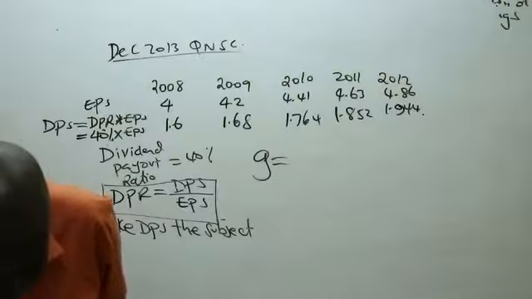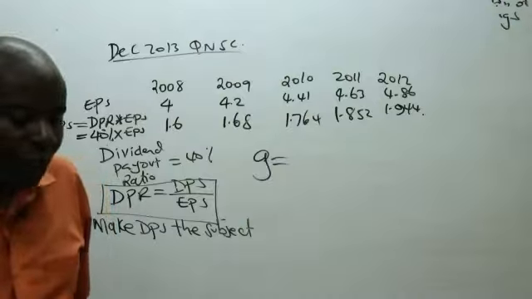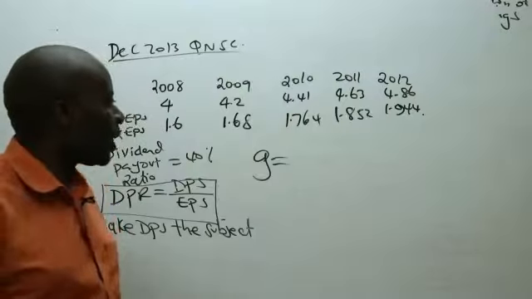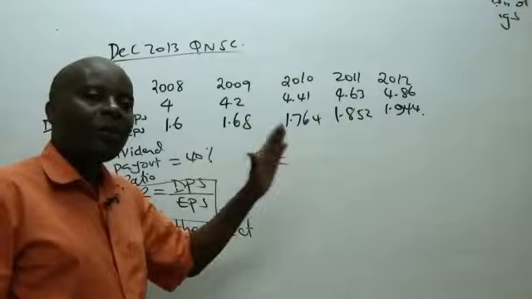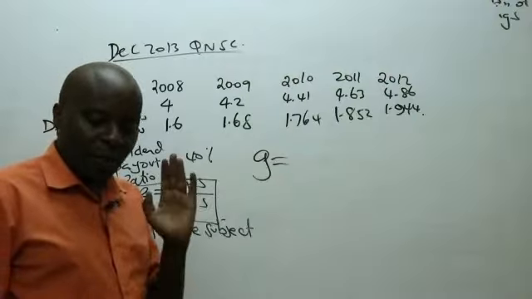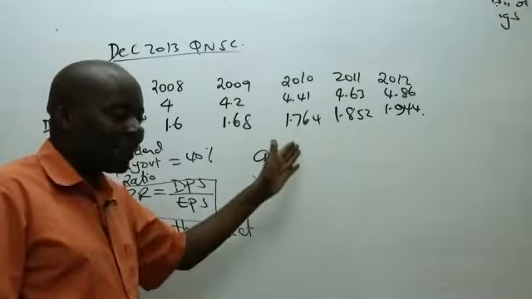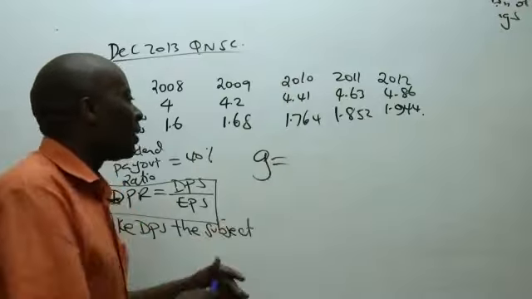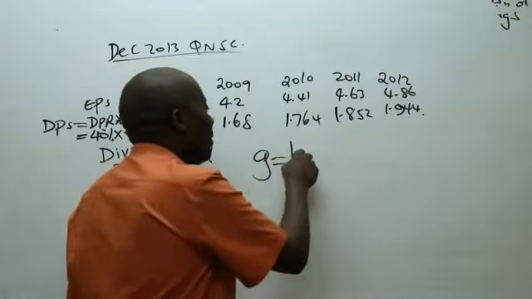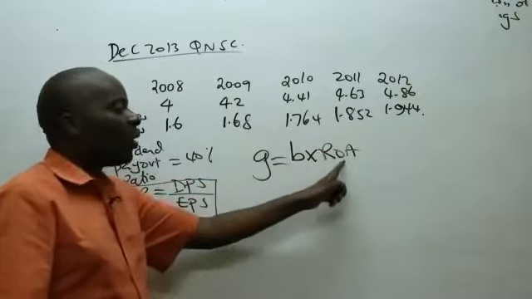Very good. Catherine has given me a very important formula there. Retention ratio times cost of capital. This formula says that for you to get G, take b times r. Actually, r is not the cost of capital. r is what we call the return on assets. So in this formula where growth rate is equal to b times r, this r is supposed to be ROA, return on assets.